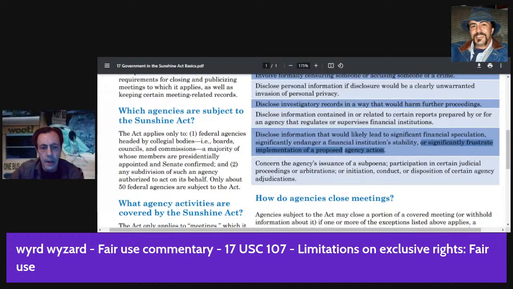So by trying to contract with somebody in an open public forum and then issue a continuance as though somehow the one that walked into that court as a first-hand witness magically became a defendant, that is an impossibility. Concern the agency's issuance of a subpoena, participation in certain judicial proceedings or arbitrations, or initiation, conduct, or disposition of certain agency